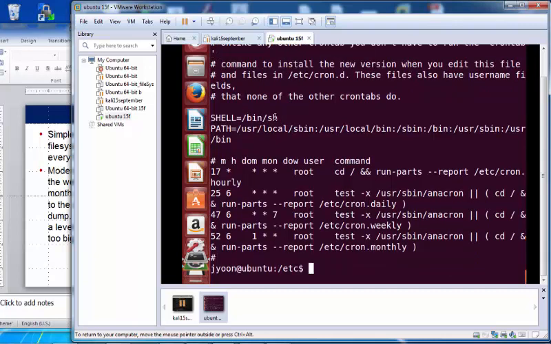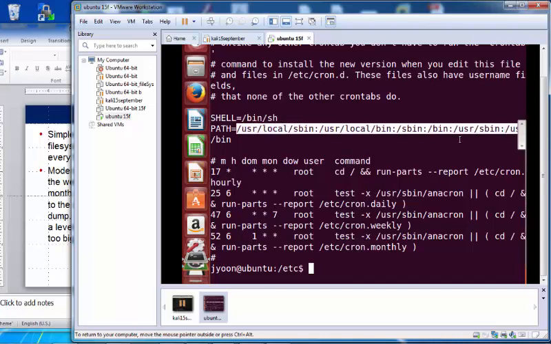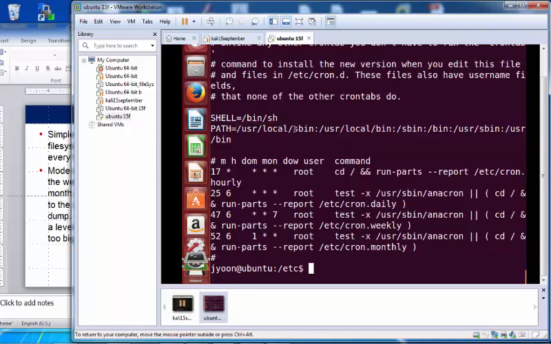Shell is /bin/sh. The path is specified here. It can be sbin under local, or bin under local, or sbin from top, or bin directory from top, or sbin under usr, or bin under usr. So all these path expressions are applicable.